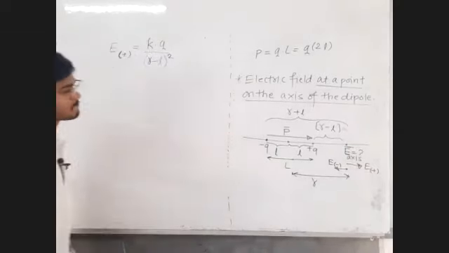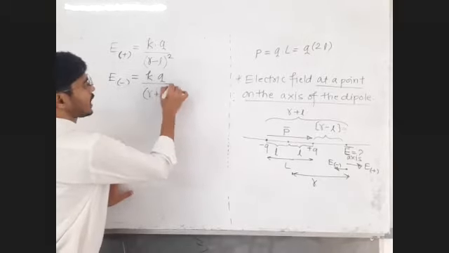Okay, now let us write electric field due to the negative charge. Very simple. Its value is kq upon r square. K is k, Q is q. No need to write minus q, we want only the numerical value. What is the distance of the given point from the given charge? Sir, it is r plus L. So kq upon (r plus L) square.